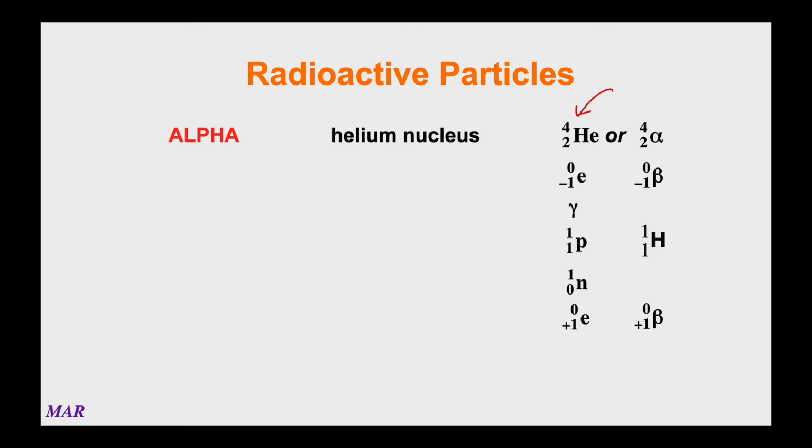They're very reactive, and in your body they would cause a lot of damage. So an alpha particle, I mean, really is just a helium. Technically, the alpha particle probably doesn't have any electrons because it's so high energy, it pushes the electrons away. So you've got this super positively charged helium nucleus. This is pretty powerful stuff.